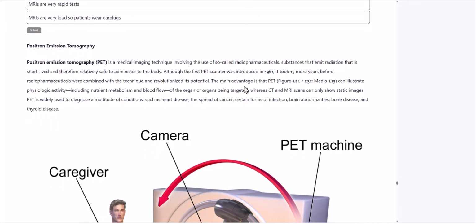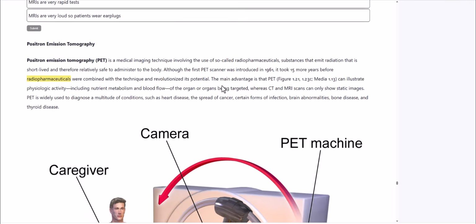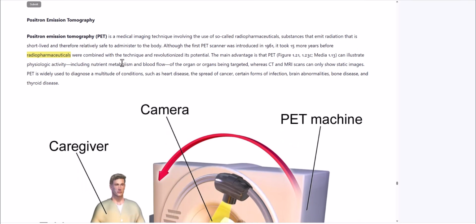Two more. We have PET scans, positron emission tomography. In PET scans, the energy that is being used is radioactive chemicals. And so now we're going to use radiopharmaceuticals. That's just a fancy word for things that are radioactive, glucose, for example. And so we're going to use PET scans, for example, when we want to look at how